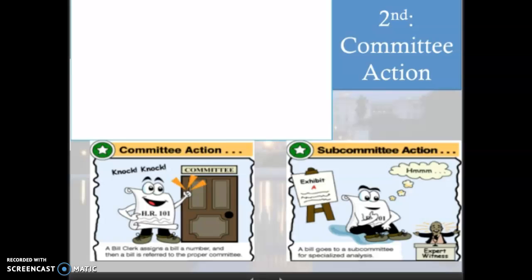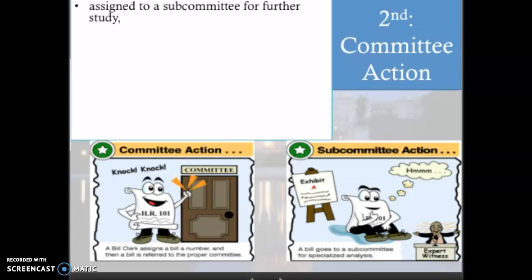Committee action, what happens at this step is the bill is going to get really worked on. It is going to get marked up, and it's going to become more lengthy, and it's going to go from an idea or a proposed solution to a detailed bill that's going to have who is eligible, who does it apply to, how are we going to pay for it, what would be punishments if you violate this law, what part of the federal government bureaucracy is going to be responsible for enforcing it, so on and so forth.